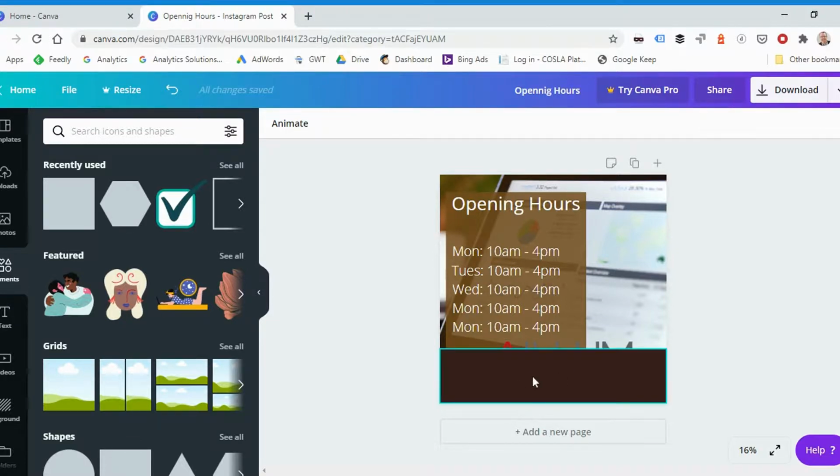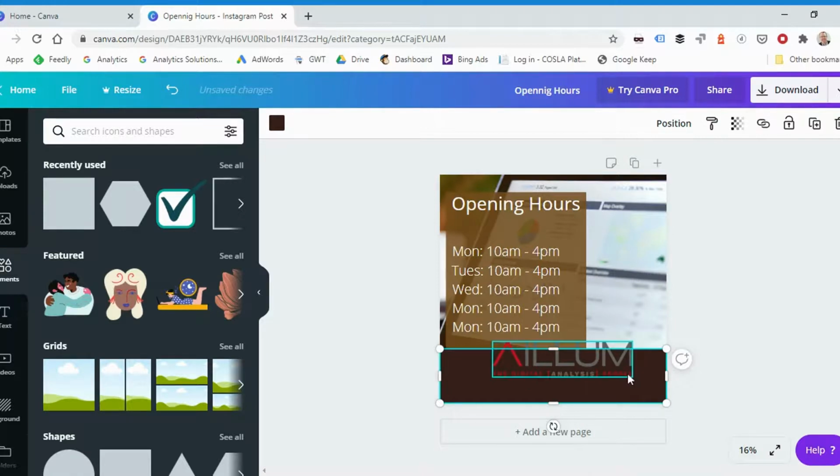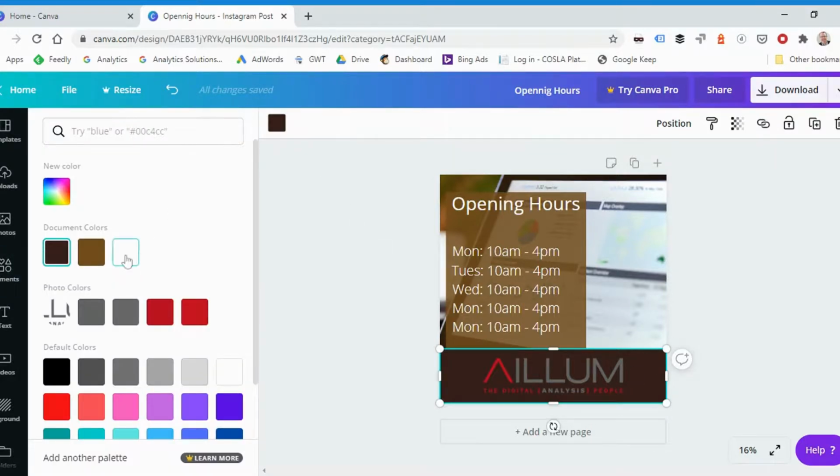So one of the things you can do when you're on the shape, if you select it and right click, you can see the option to send to back or send backwards. So send backward just sends it back one layer at a time. If you hit send to back, it sends it all the way back. So now it's sitting behind our logo, which means we can see the logo. So if we drag that there, if we then select this background shape, it's not a very nice color. If we change that maybe to white,